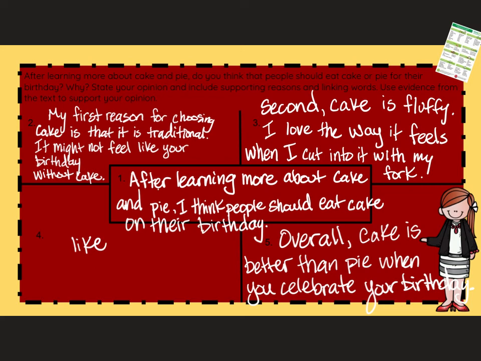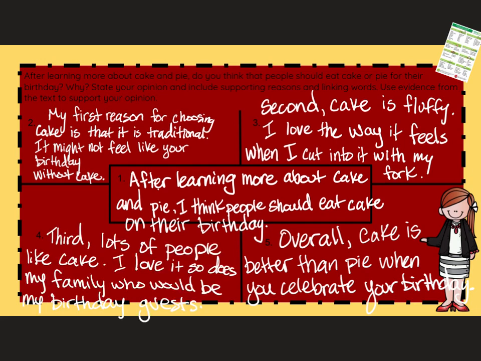And then my last box is that some people really do like cake a lot, and they might not like pie. So I'm going to go with that. And again, my transition word is going to be third. All right, so third, lots of people like cake. I love it. So does my family, who would be my birthday guests. All right, so overall,